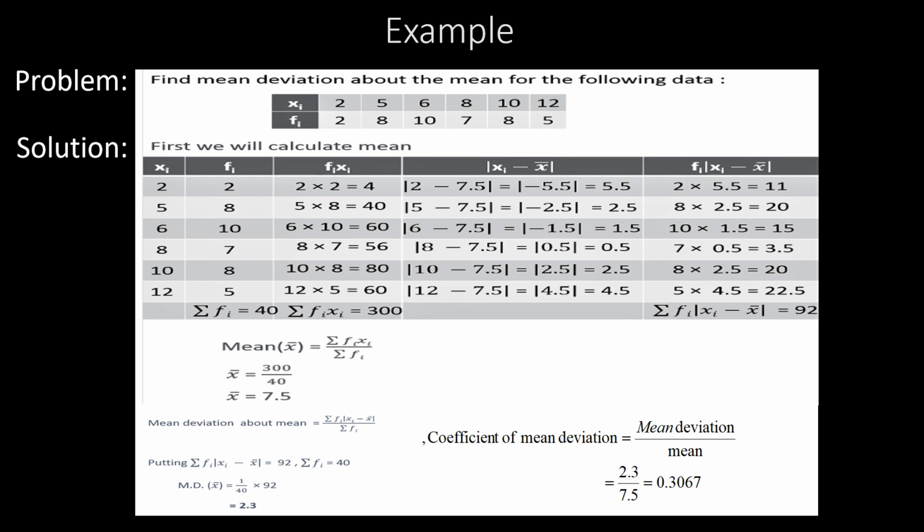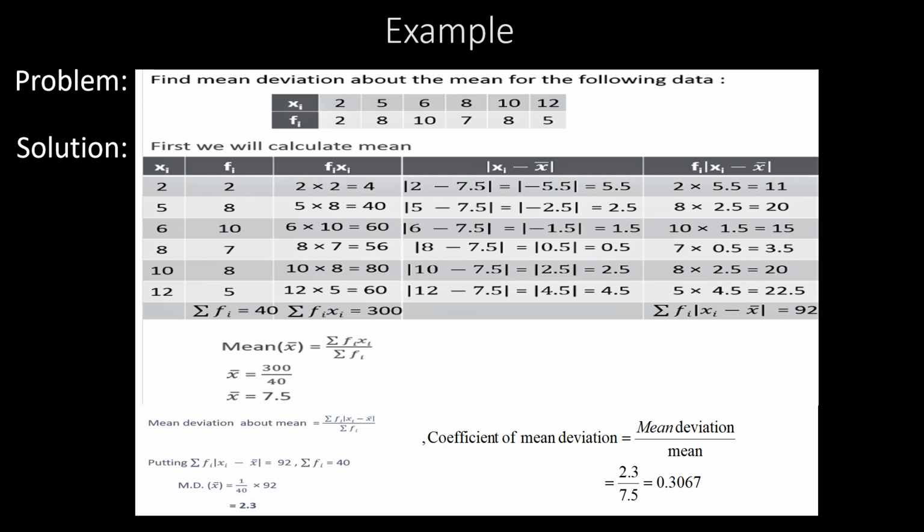So first of all, we are going to find the mean. Summation Fi xi, that is frequencies multiplied by the observations, we got as 300. As you can observe, simply write the given data in columns. If it is already in columns, then the product of the first two columns gives Fi xi, and the total of that here is 300. The total of the second column, the total of frequencies, is 40. The ratio of the third column total and the second column total gives you the mean, which is 300 by 40, 7.5.